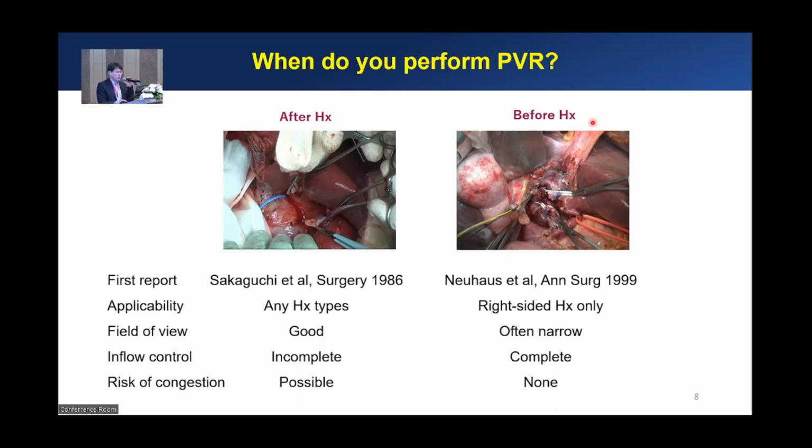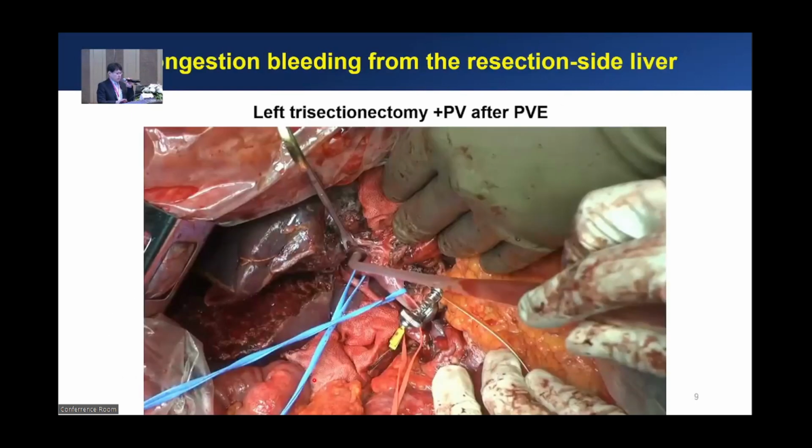I would like you to take care about this risk of congestion bleeding from the resected side. So this is a typical congestion bleeding seen from the resected liver. This is a plan. Now we plan a left trisectionectomy with portal vein resection, after portal vein embolization. So the left liver's portal inflow is completed because of portal vein embolization, but we perform